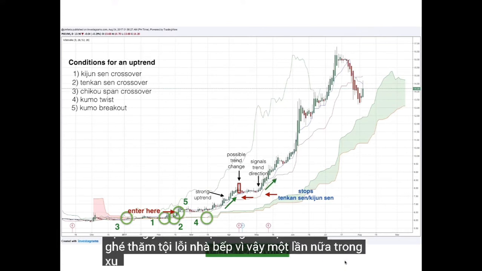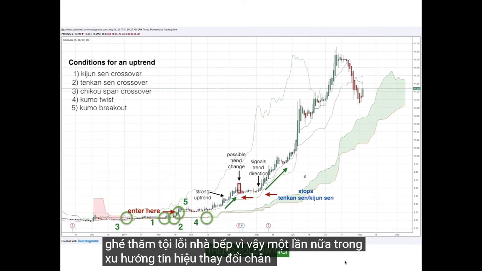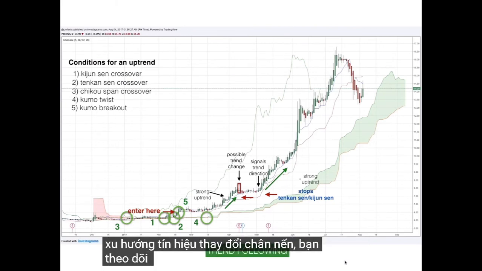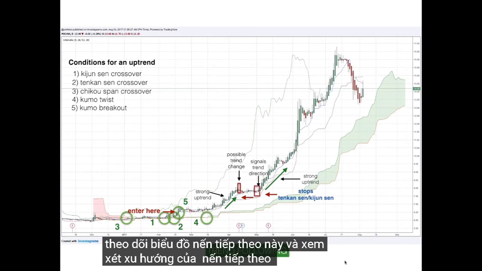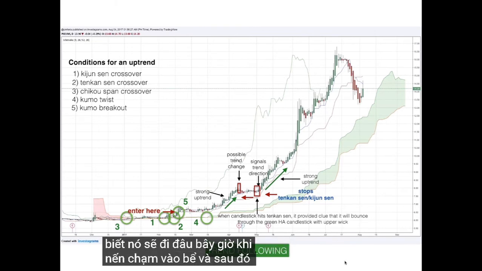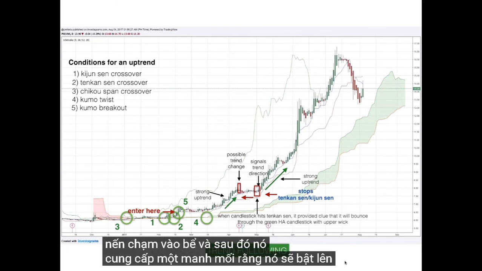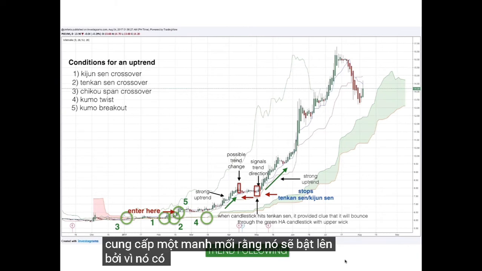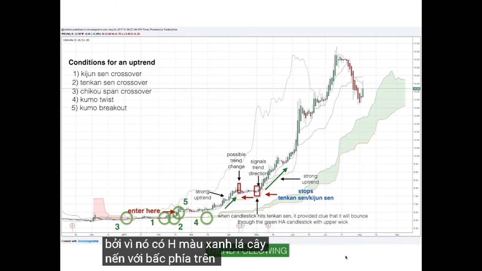So again, in trend change candlesticks, you follow the next candlestick and look at the bias of the next candlestick to know where it will be going. Now, when the candlestick hits the Tenkan-sen, it provided the clue that it will bounce because it had a green HA candlestick with the upper wick at the support level. So you know that this will bounce because not only is support at that area, there's also a bullish Heikin